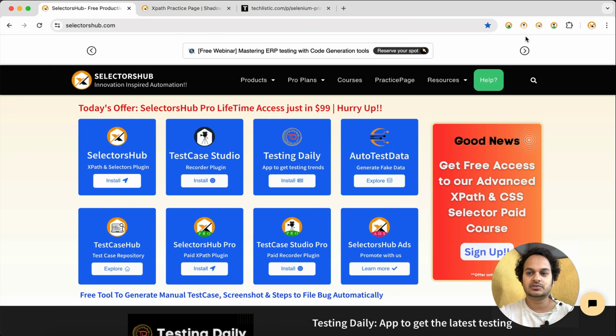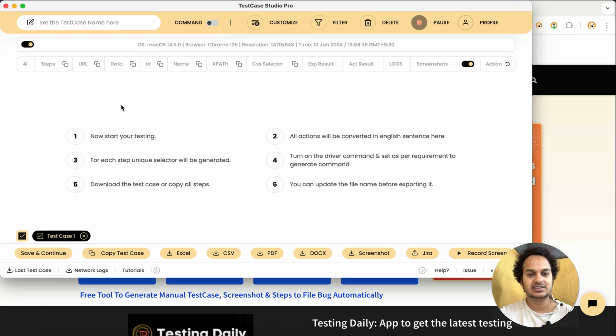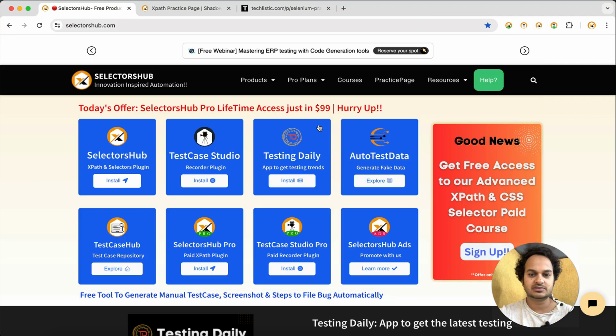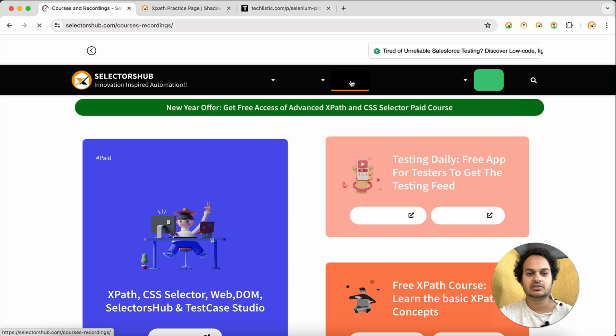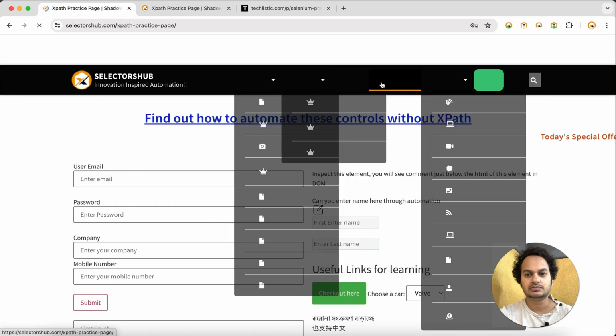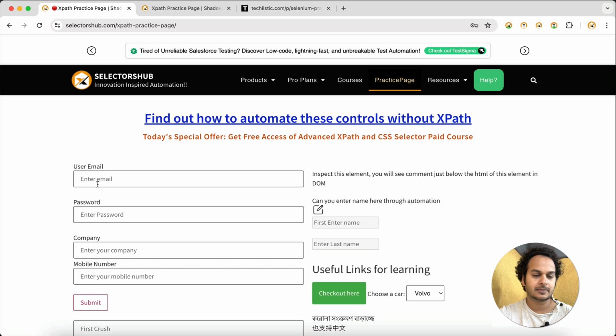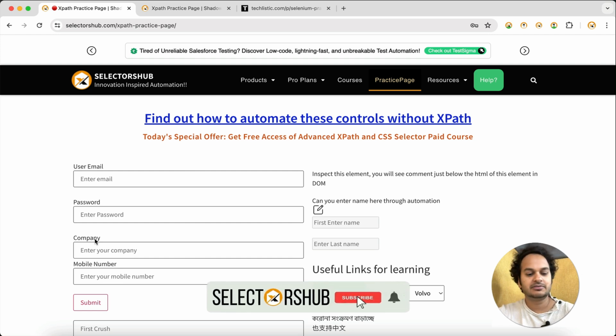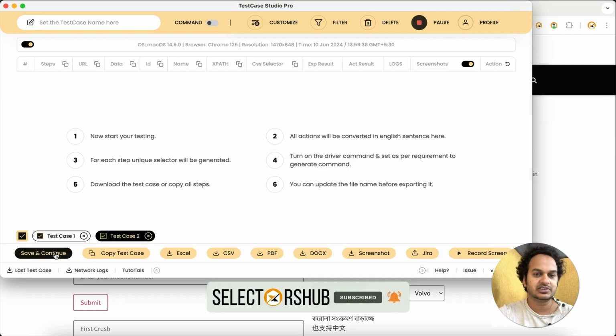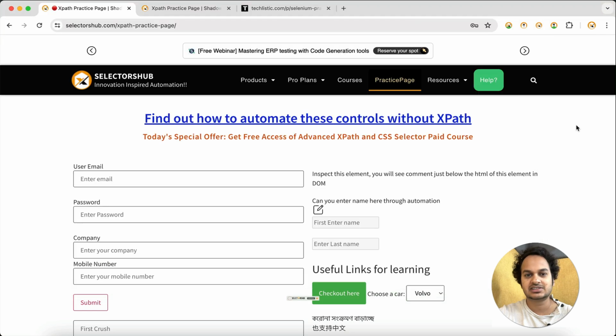As you know, you can record multiple test cases in TestCase Studio Pro. So this is the first test case. When you perform the recording here, whatever steps you perform will be recorded, but that will be one test case. After that, when you click on save and continue and you start recording a new test case,